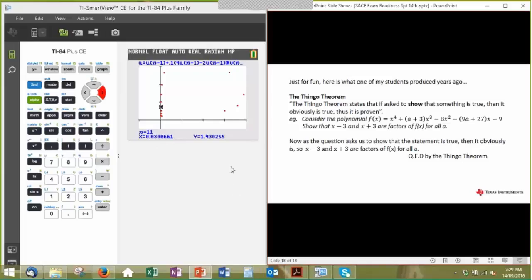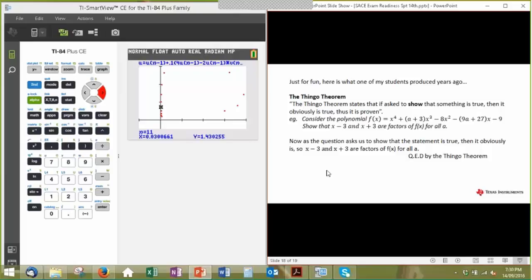So there's a whole lot of information in there, and there are a lot of questions in our exams that ask you to show something or other, and I think that students need to understand what the examiner's lingo is, what they're asking for. Find the exact value of means you're probably looking for a third or something like that. If you're asked to show something, then you generally need to do it algebraically, unless you're pretty slick with your graphs and your calculator and get enough evidence down to show that you really know what you're doing.